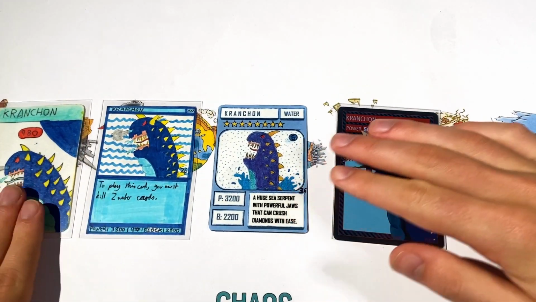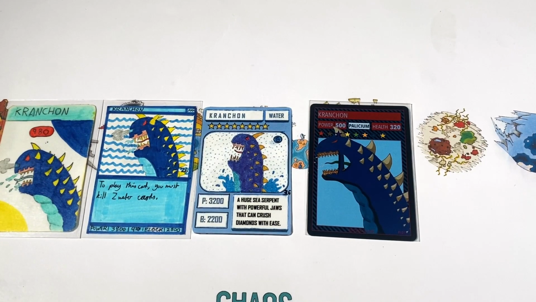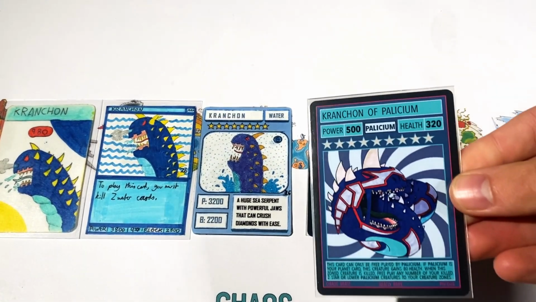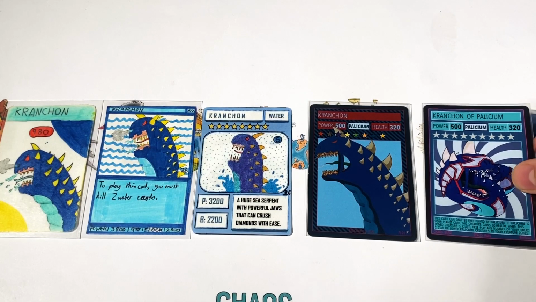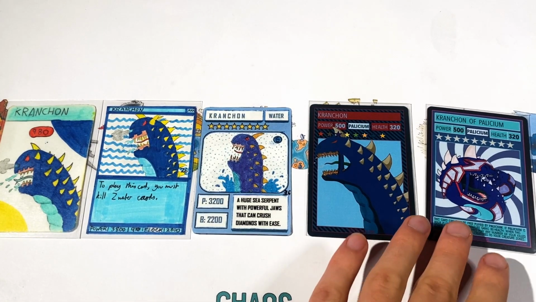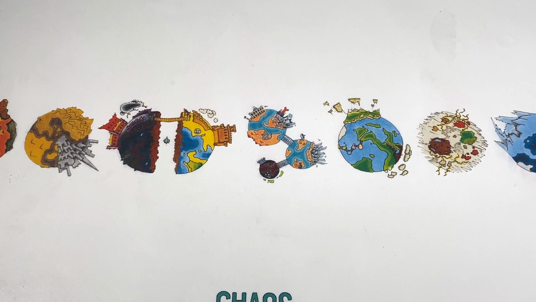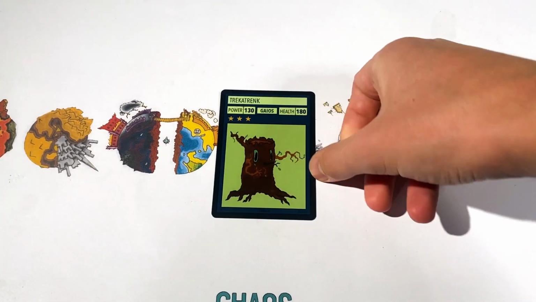But it's actually interesting to see that now even the Chaos Galaxy version has been updated into the Chaos Beast Crunchon Polysium, which is sort of the only different version of Crunchon that's not this sort of side profile of him roaring. And it's quite different, but I don't know if I'd put this in the timeline, but still pretty cool. The next one we have is Trekatrenk, which...